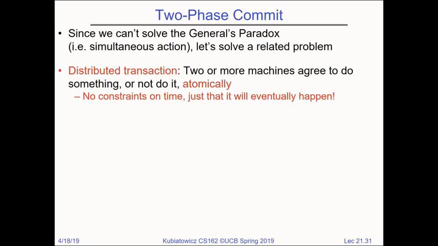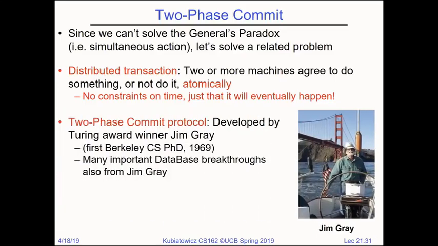it's a distributed transaction where two or more machines agree to do something or not to do it atomically. Now, there's no constraints on time, so we're not going to actually try to make it happen in a particular time, but what we can say is that it will eventually happen for sure. Do you see the difference on this? We're removing time from the equation, okay? And the most famous and simplest version of this, called the two-phase commit protocol, it was developed by Jim Gray,